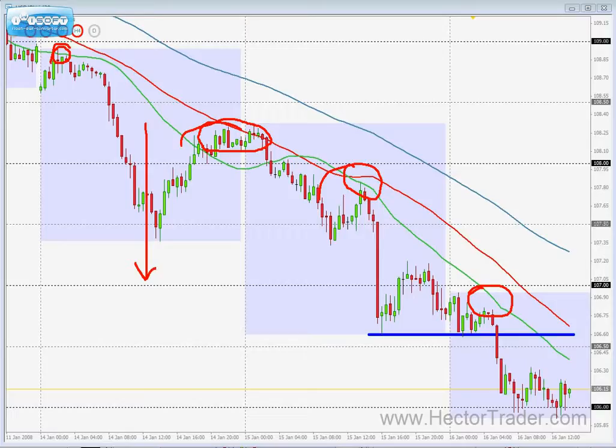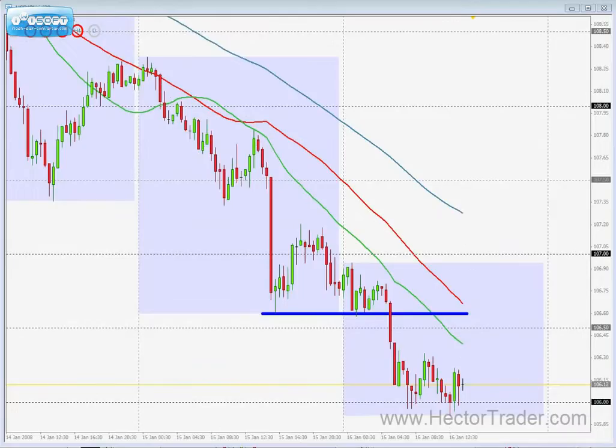You always want to search for entries around that area. As far as my system goes, the dynamic area of resistance is the optimum level to search for an entry. Right now, like I'm saying, we are a little bit too far down below the dynamic